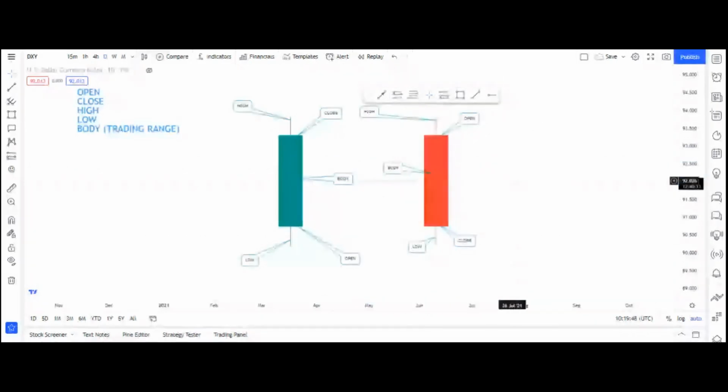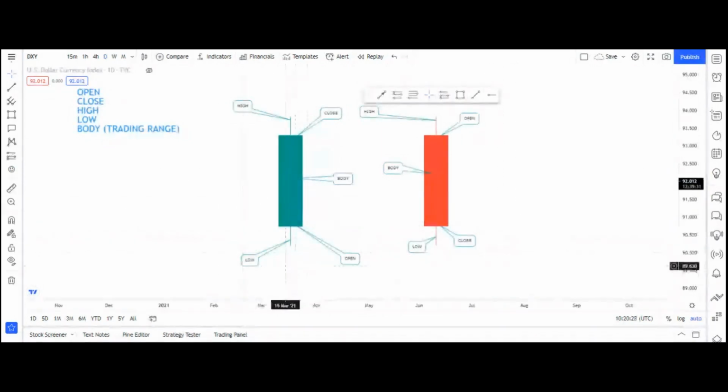So you can see this is just how a candlestick forms. This is the formation for a candlestick. This is how a candlestick is in any textbook you read. In any book, in any PDF, in any chart you see, this is how a candlestick is. It has 5 characteristics: the open, the close, the high, the low, and the body. For a bullish candlestick, the close and open are different from the close and open of a bearish candlestick. The body is the same, but the open and close are different.